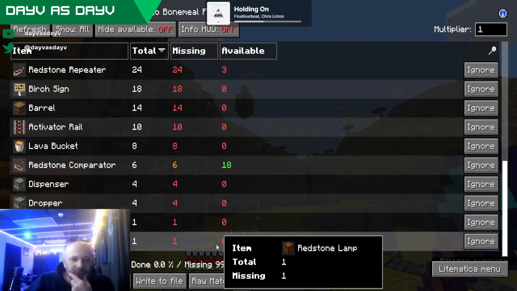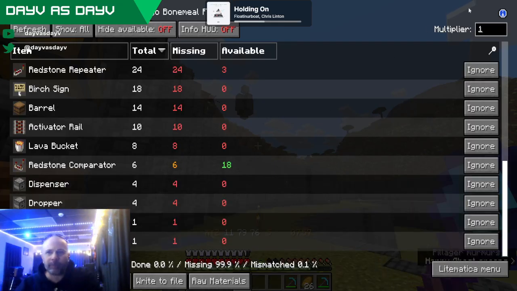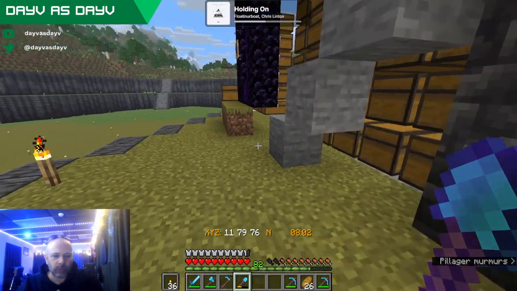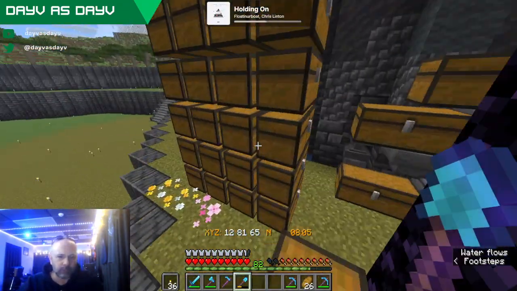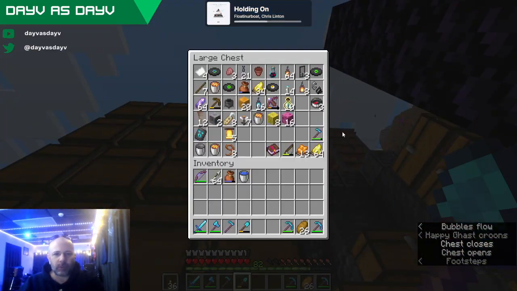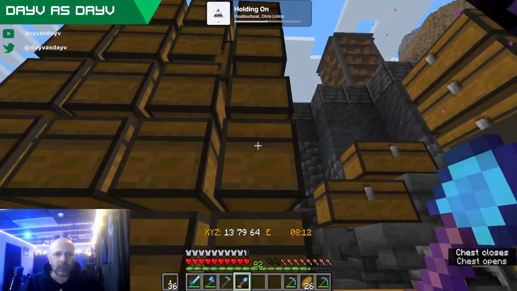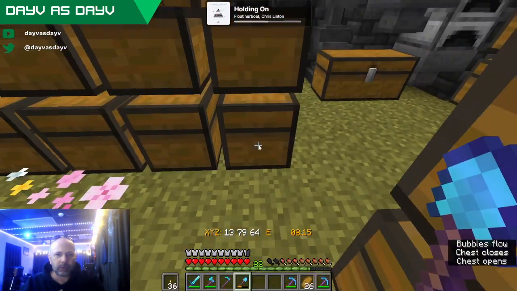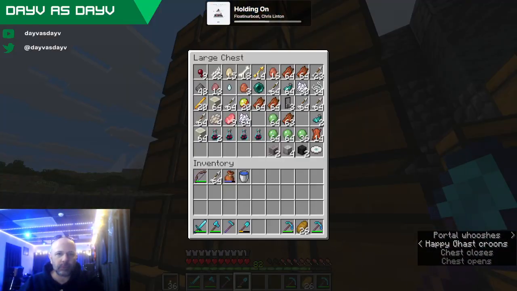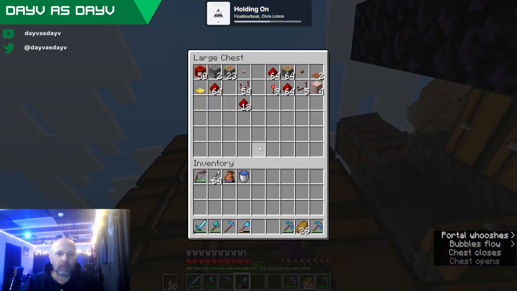Redstone lamp, we might have, let's see here. I don't know if there's a shortcut to get to that. What I was saying, we might have some glowstone. If not... What was that? Nope, okay. I didn't see it in there, did I?